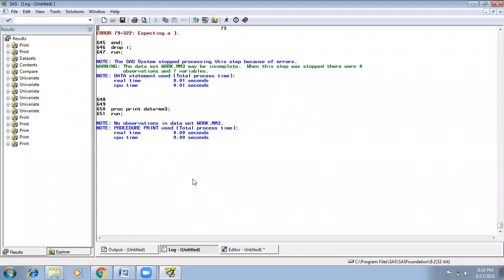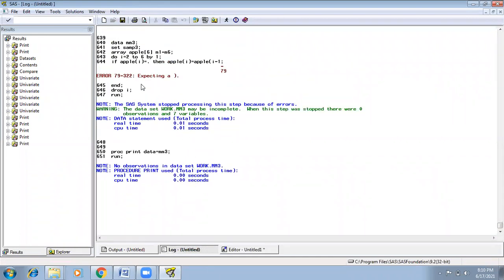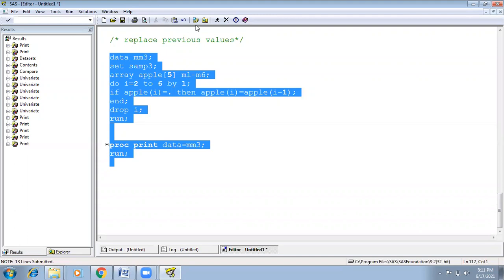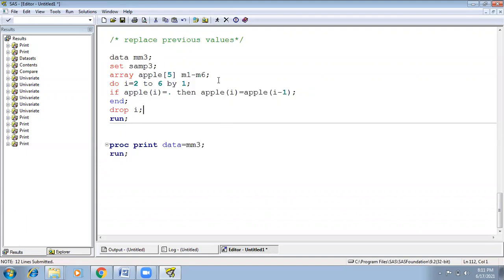Here it is expecting a close bracket, and yes, here one more close bracket. Total columns are 5, right? 2 to 6: 2, 3, 4, 5, 6. And here M2, M6.